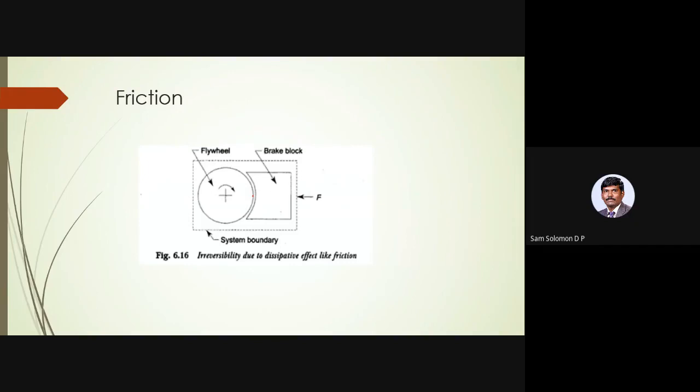Okay, and if you look at this braking action, what happens is the movement of this distance, the distance between the flywheel and the brake block, is very, very small. Okay, if you do that in meters or whatever, it is very, very small. So the work done is negligible. You can even assume it to be zero. So the work done here for the braking action can be assumed to be zero.